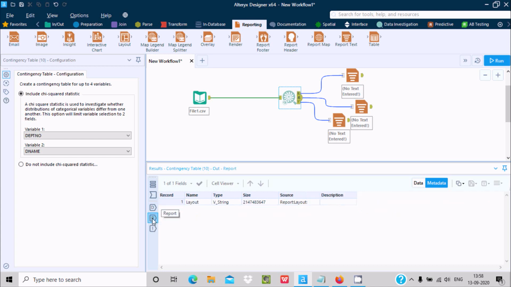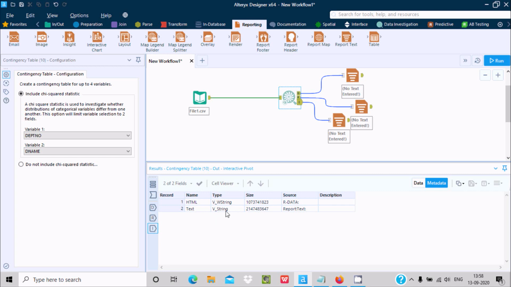Now you can see the report. Here layout, v-string, size, and if you go to the layout or view browse tool, to get detailed layout you need to select this metadata. After that you can see the interactive HTML, v-string size or data.